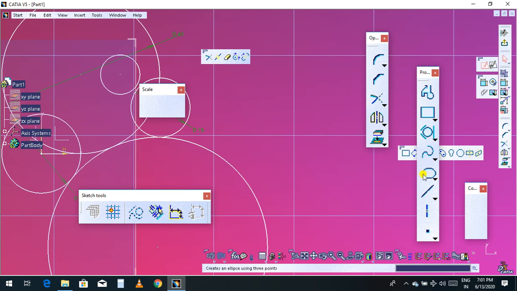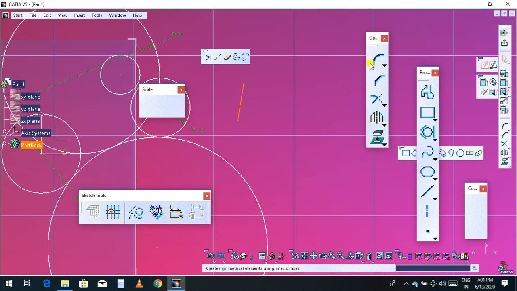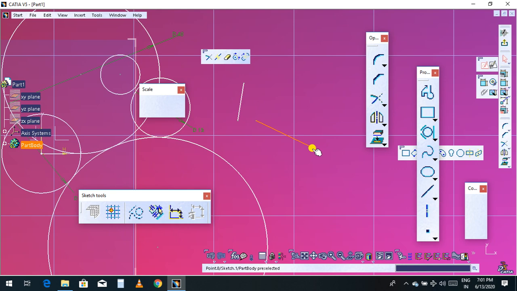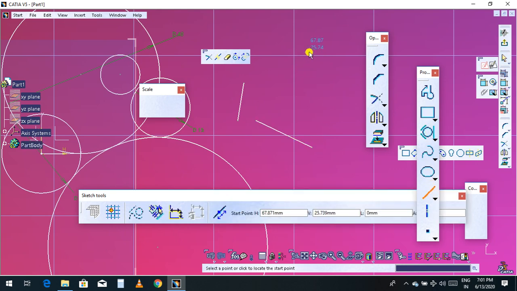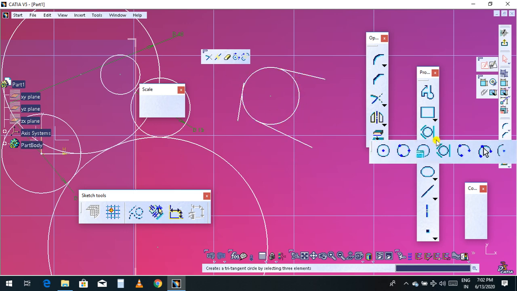Or else you can choose lines something like this, and like this, and one more like this. Now I will choose the tangent circle. I choose this one line, second line, and this is the third line. Now you can see all three lines are tangent to this circle. So this is called tangent circle.